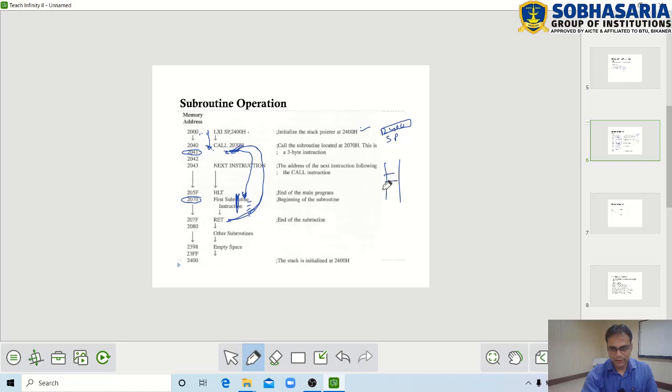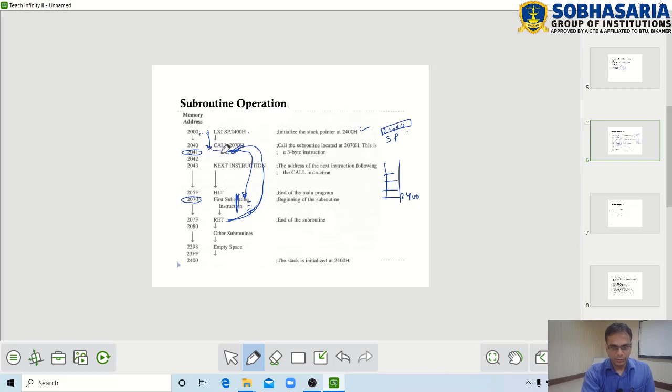Here the stack pointer is initialized as 2400, right? Remember the machine cycles when the call instruction is executed: opcode fetch, then 2 memory reads for 20 and 70, and then 2 memory write cycles.